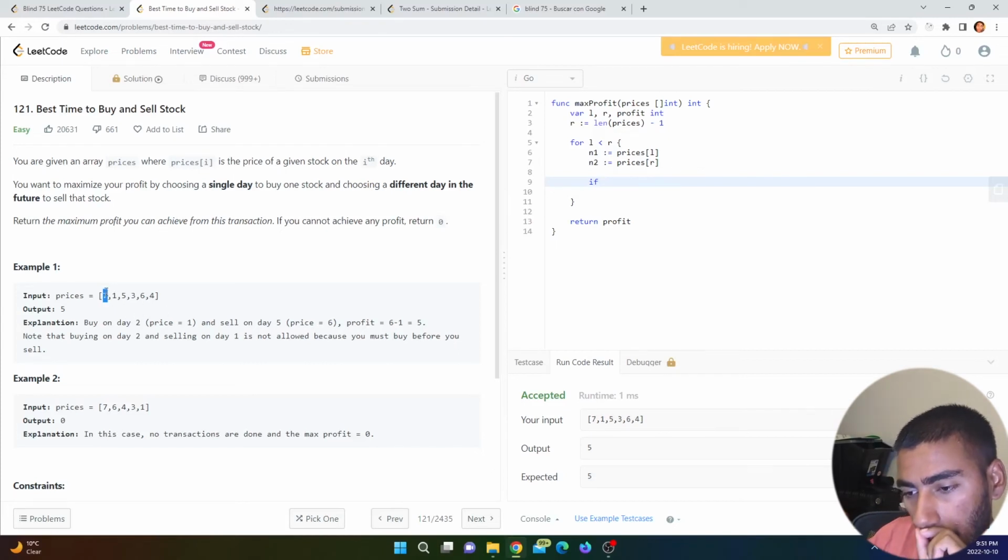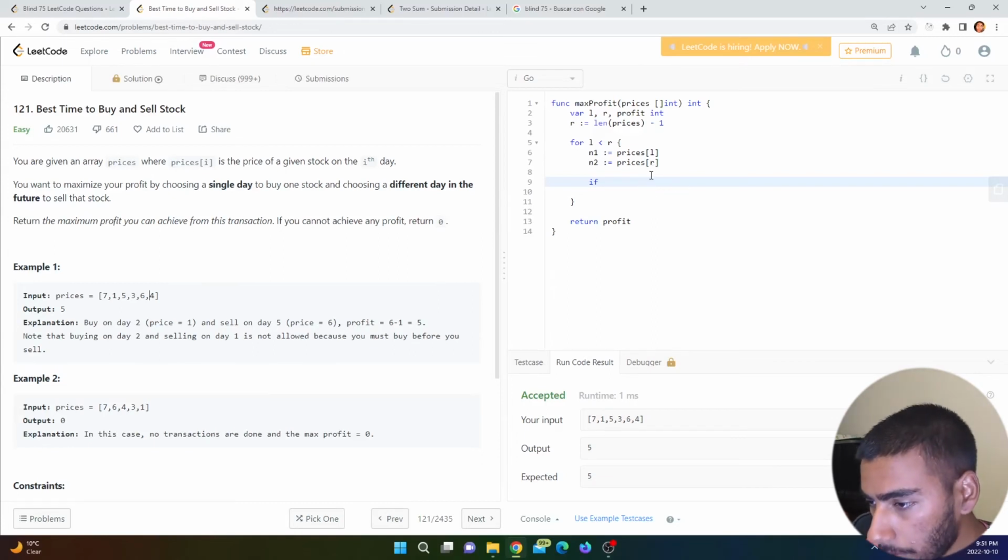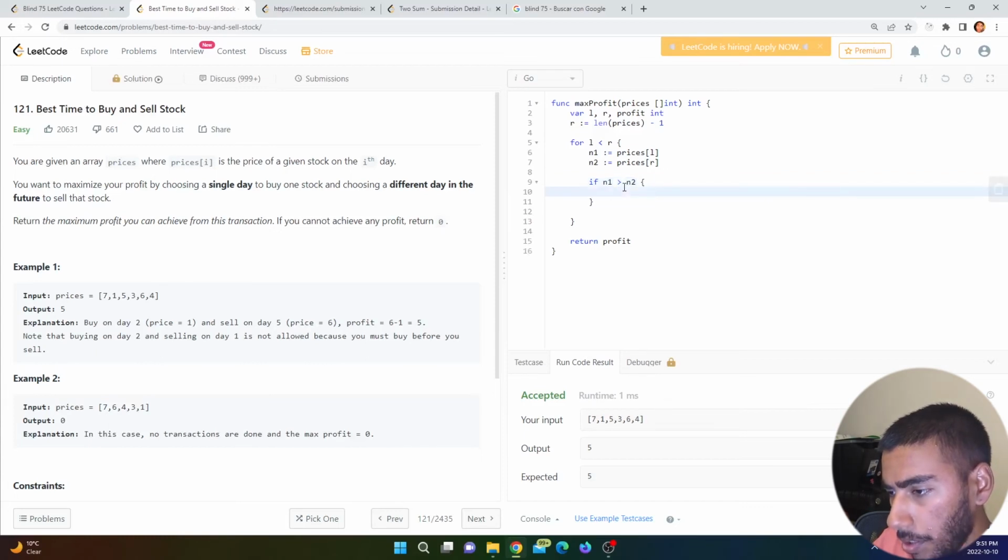If this is greater than that, then there's no way that's possible, so we want to move that up. So if n1 is greater than n2, then we want to r plus plus, and I'm going to say continue, else